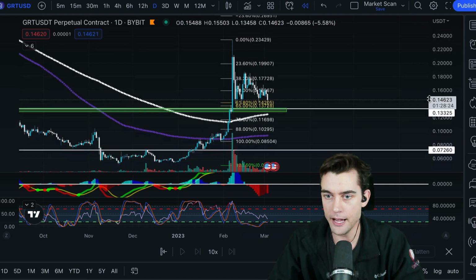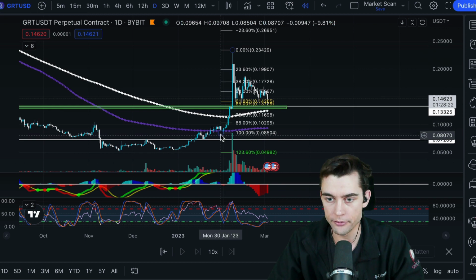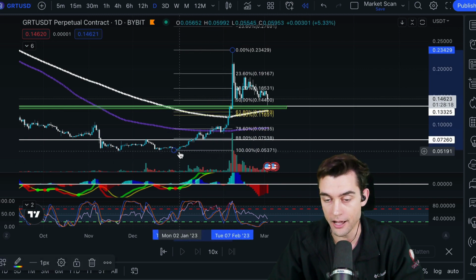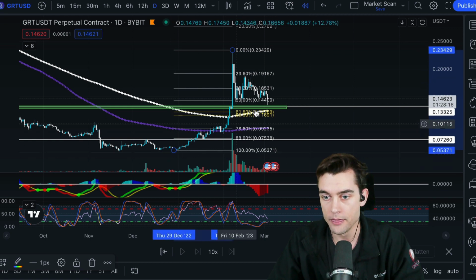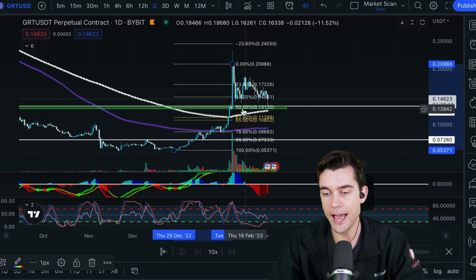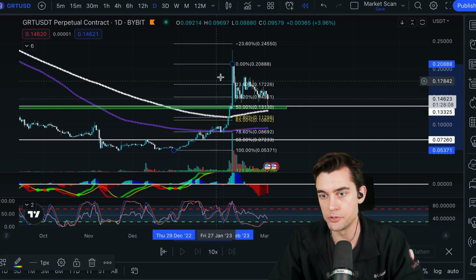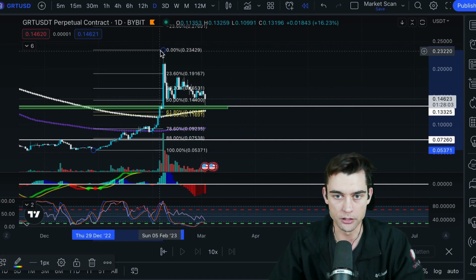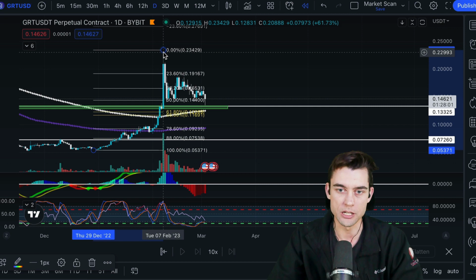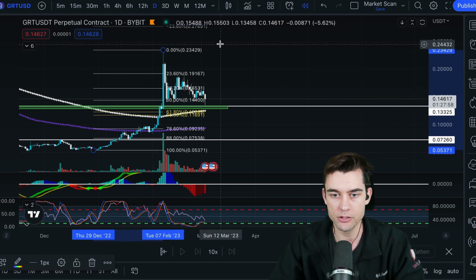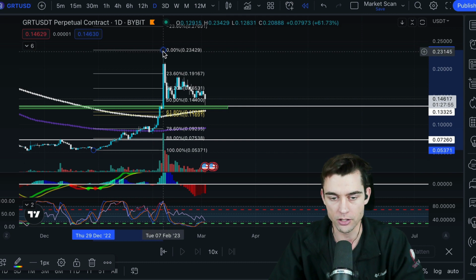So if I take the fib from the actual bottom, which is down here, the bottom before the run up, this is the 61.8 right there. But if I bring this down, look at that. The 50% actually lines up if you do the bottom to the close. So sometimes I do the bottom to the wick. Sometimes I do the bottom to the close. Sometimes I do all the things depending on what I'm looking at, right?